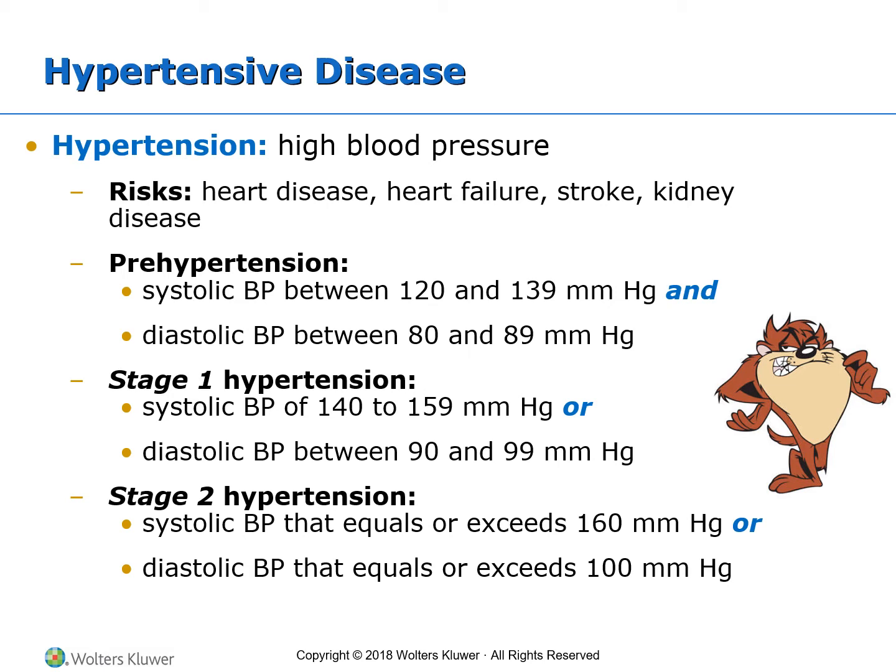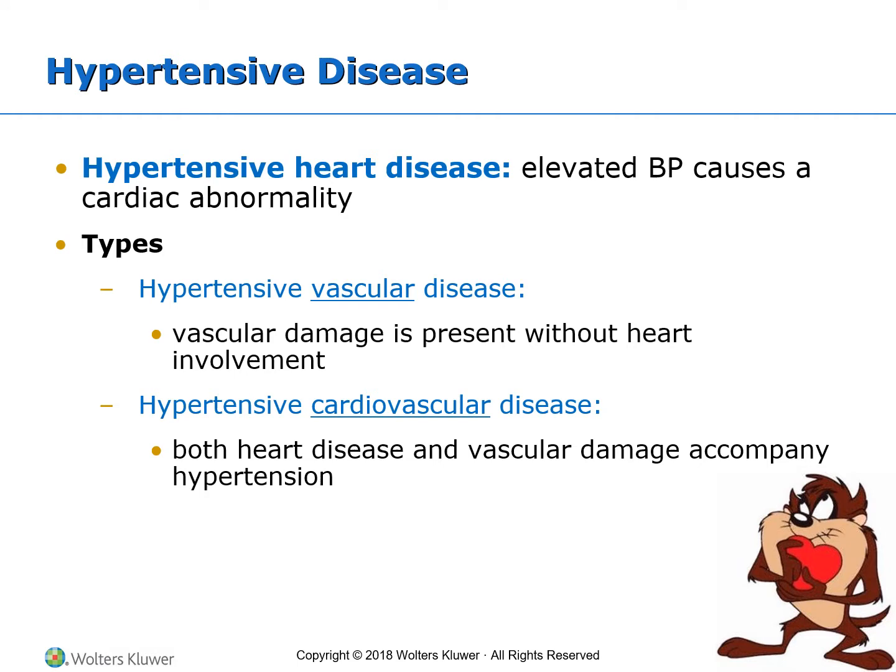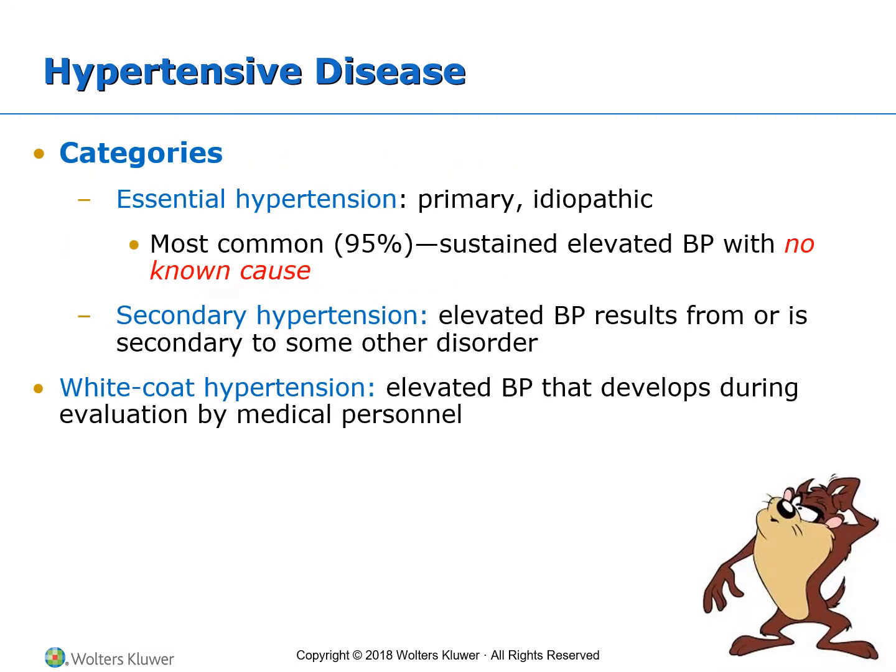When elevated blood pressure causes a cardiac abnormality, the term hypertensive heart disease is used. When vascular damage is present without heart involvement, the term hypertensive vascular disease is used, as opposed to hypertensive heart disease. When both heart disease and vascular damage accompany hypertension, the term is hypertensive cardiovascular disease. In review, hypertensive heart disease is an elevated